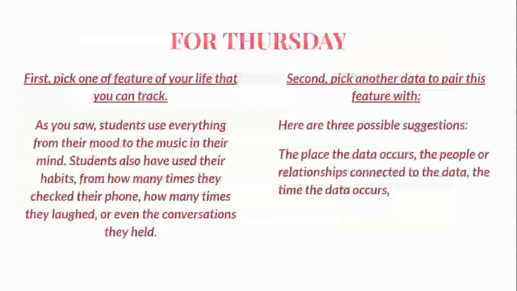In all of those cases, you want to have one bit of data that you're looking at, but another piece that you can relate to it. The time, the place, the people, even as we saw in some of those student examples, the level of importance that it has for you. So I'm going to go ahead and post a PDF of this slideshow. I'm going to ask you for tomorrow to review the slides, answer a couple questions, and then also let me know what are those two kinds of features of data that you are going to keep track of for the week ahead.